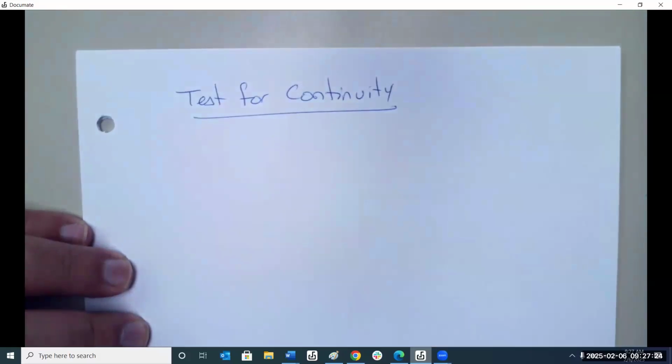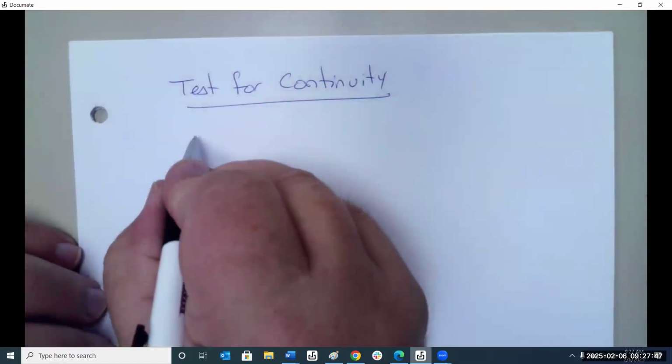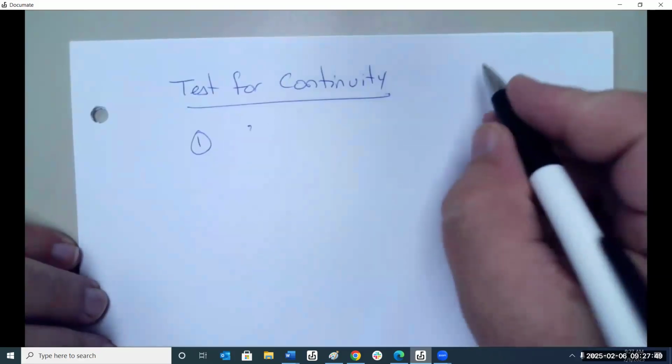Test for continuity. So with what we've talked about so far, what are we looking for? What are we looking at to prove if a function is continuous? Three things have to exist. Remember,